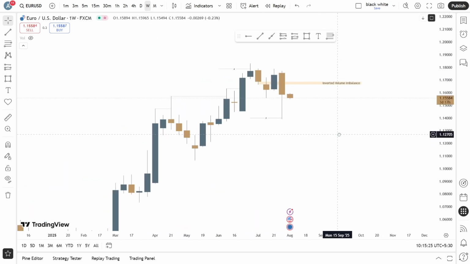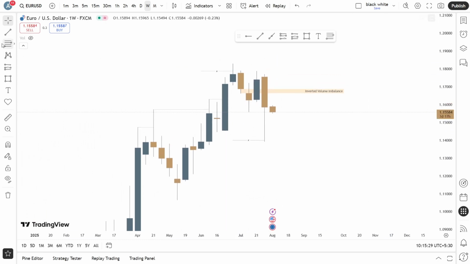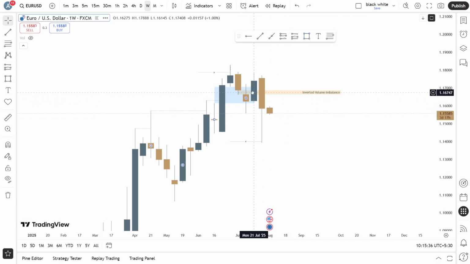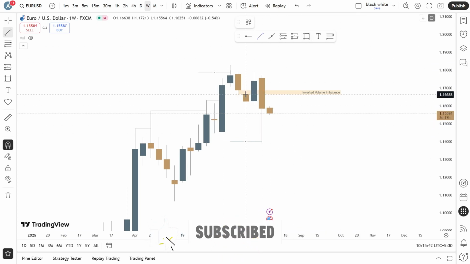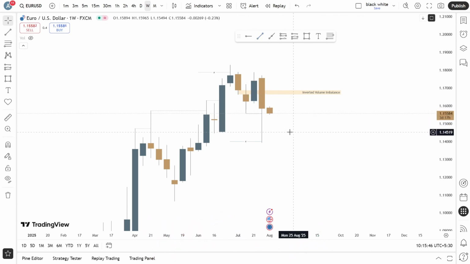As we move into the weeklies, what we see is that we were having this FVG. We were having this particular FVG and the price disrespected it. The problem is that even after disrespecting this FVG, the price failed to close below this candle's low. So we are still not having any flip zones, but we are